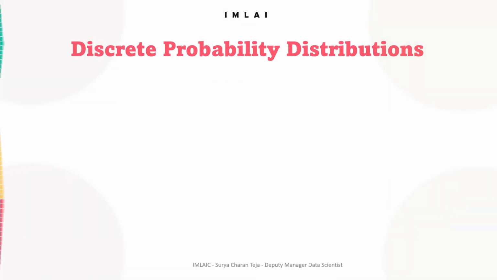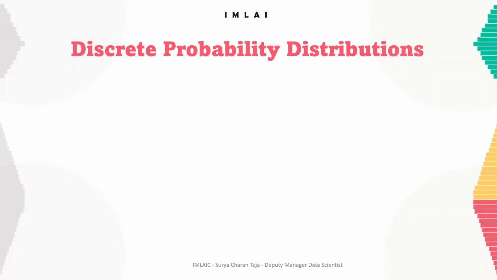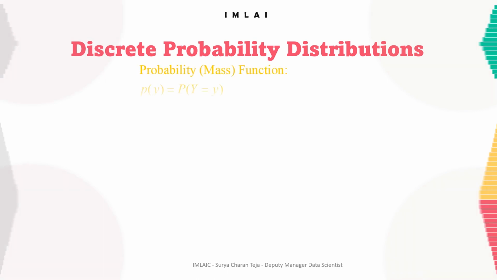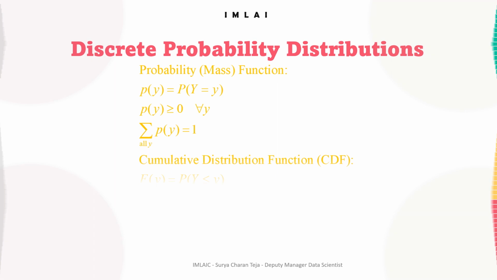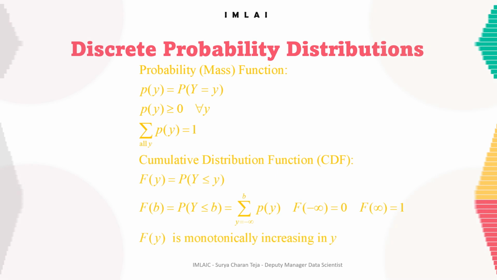Let's deep dive into the discrete probability distributions. We have seen discrete random variables. Now, discrete probability distributions. For distributions, what all we use? So probability mass function, that's the one we use. So in probability theory, the probability mass function is a function